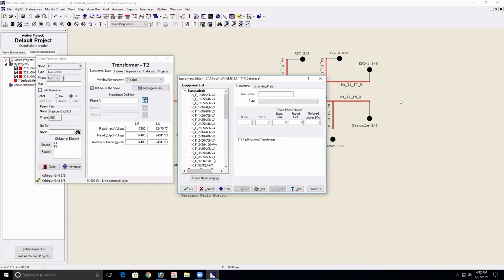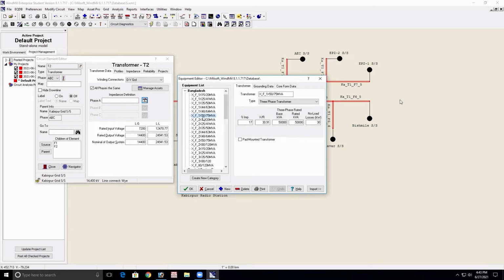If it is not available, you need to select the 50 by 83 if it is available. Okay, for this time, just click the 50 by 75.